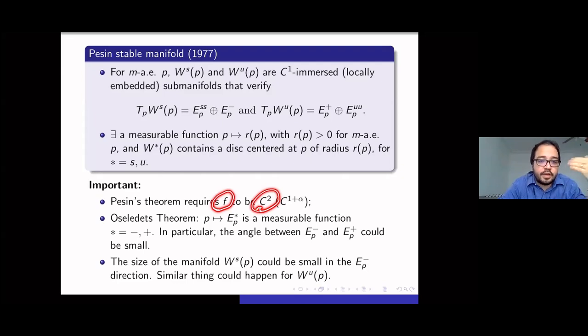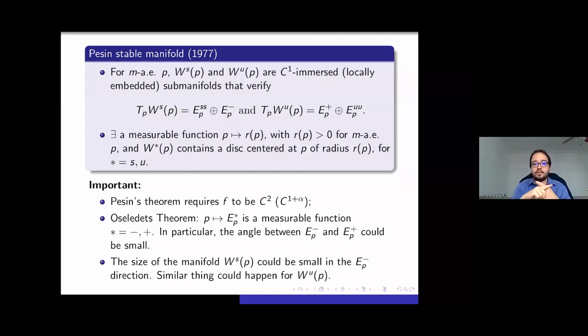You can do Pesin theory if you have C1 plus a hypothesis of dominated splitting. This is also possible, but in general, Pesin theory is something of higher regularity. Another thing is that you have your manifolds, they are tangent to these directions, E^s and E^-, and E^+ and E^u. Well, the hyperbolic directions, they're okay because they come from a splitting defined in your entire manifold, some continuous splitting, so they have good angles between them.